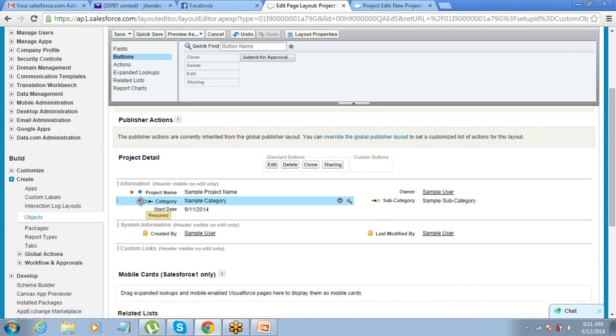Now it is a required field. If you want to remove some field, just remove it from the page layout. Now the thing is that if you make any changes on the page layout, that is something which will affect the